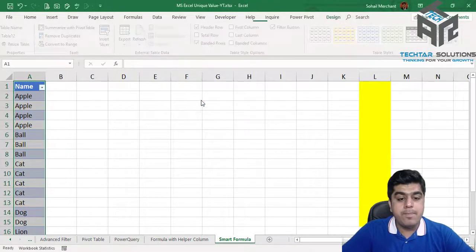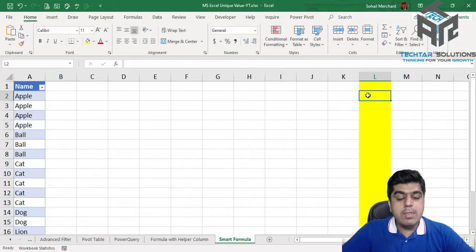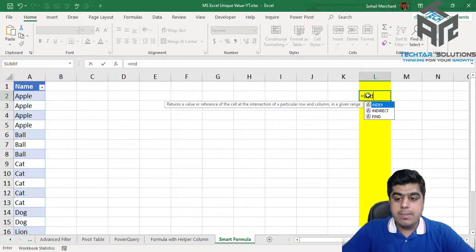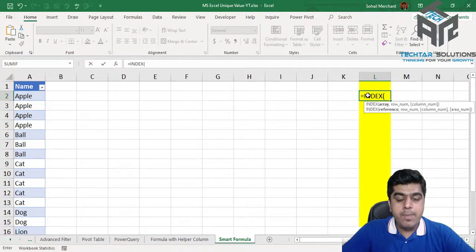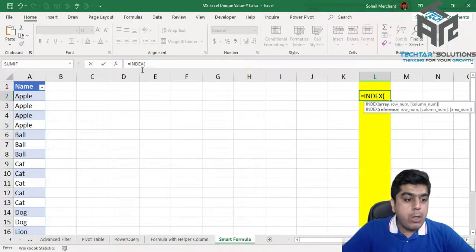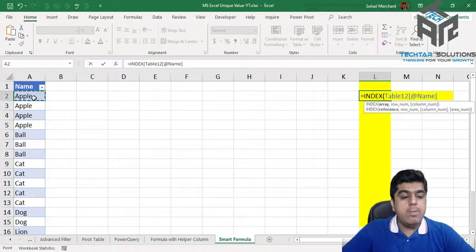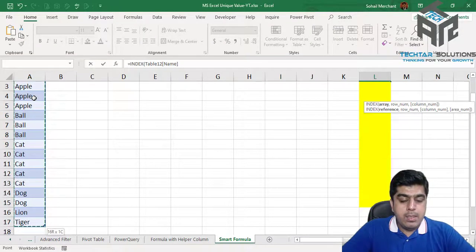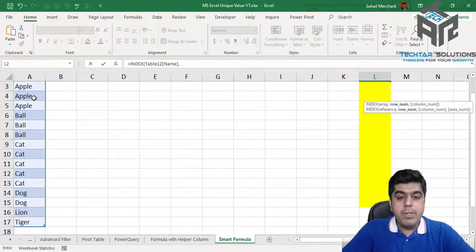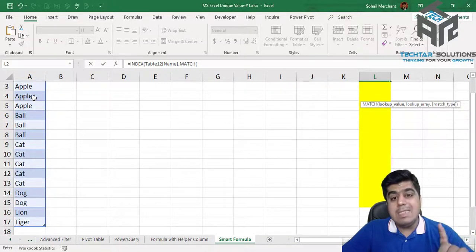Press OK. Now we are using our first function, that is INDEX. Equals INDEX, parenthesis open, and I want my output from column A. Now for the row number I will use MATCH and I want to match 0.